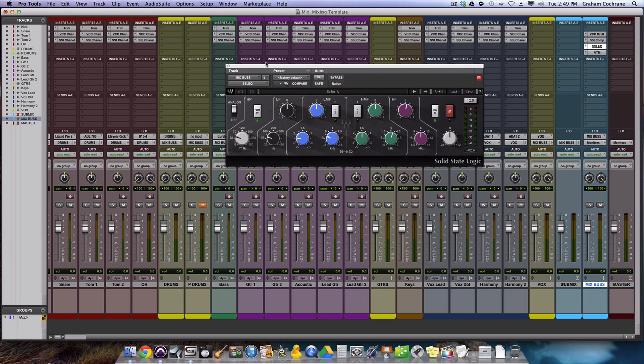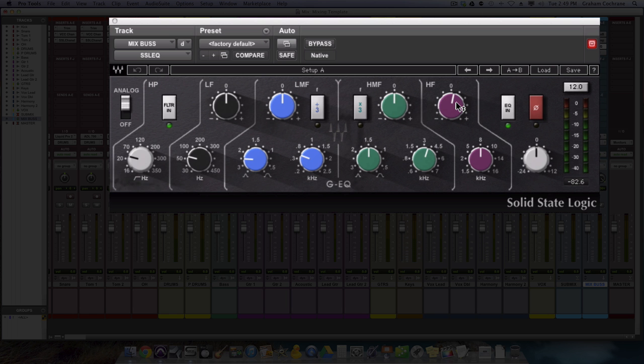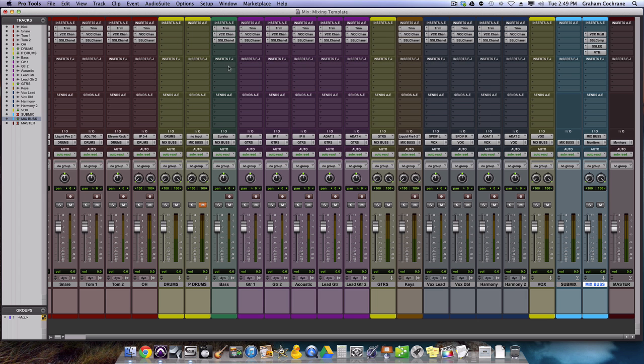I've got an EQ already in place with a little bit of a lift of a shelf and a little bit of a high-pass filter because I inevitably end up finding myself doing that. Maybe it's the way my room sounds. Maybe it's the way my ears are tuned. I always want to brighten it up a little bit with an EQ. So that's already in line, and I could bypass it if I don't want it yet, but it's there,